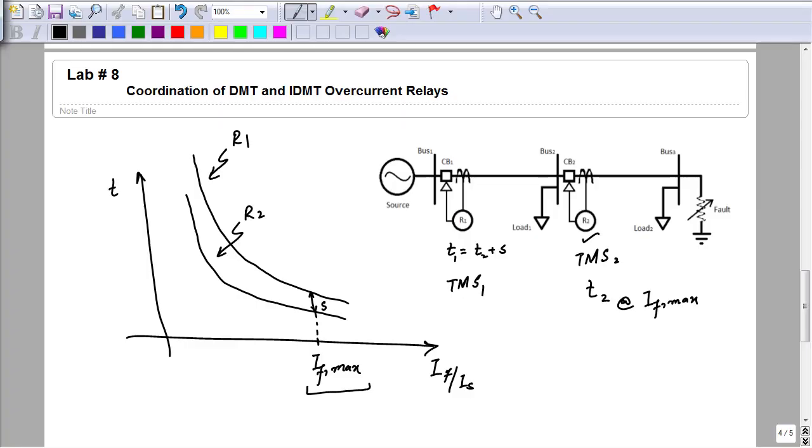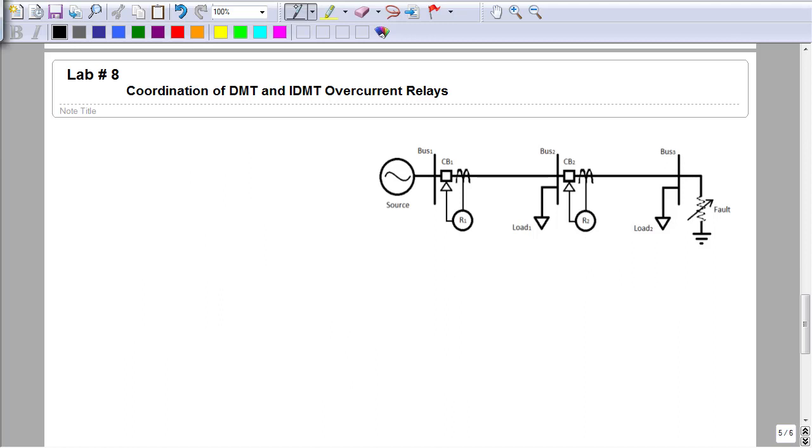Let's take the same example and proceed. I am going to perform the calculation for one fault. Students will follow the same instructions to do the calculation for their given conditions. So let's say for relay R2, it is given that its TMS is to be set equal to 0.1.